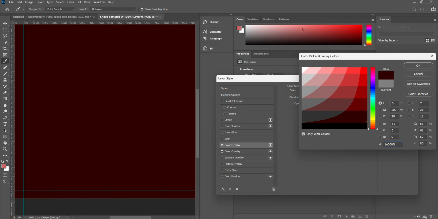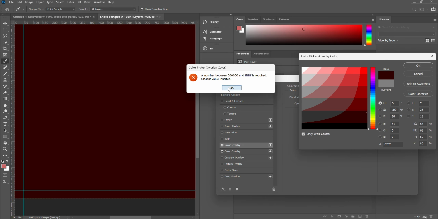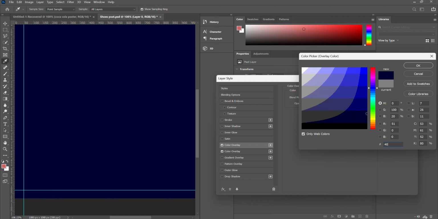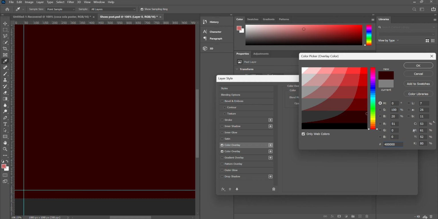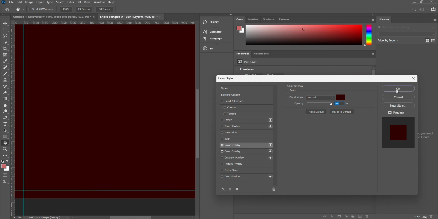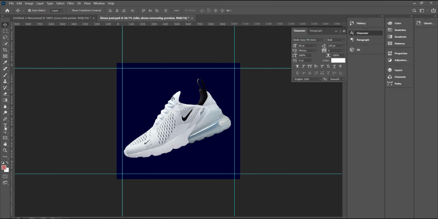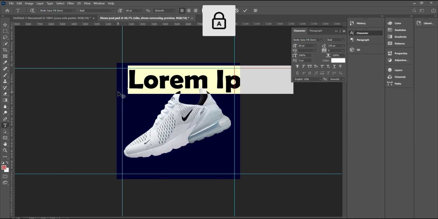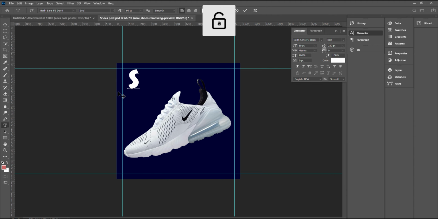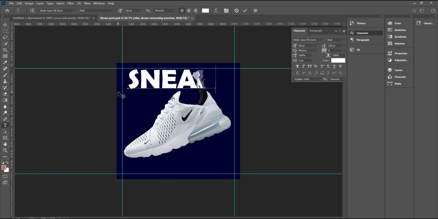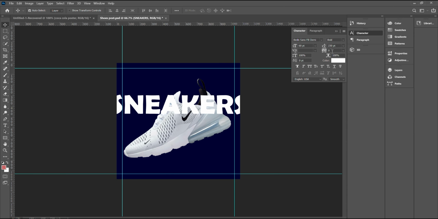I will make this something red or whichever suits me best. I want to make it bluish type. So let's, okay this. And now as you can see I have imported the sneakers image which is there in this, and using the text tool you can also type that text which I am typing in this and just adjust it